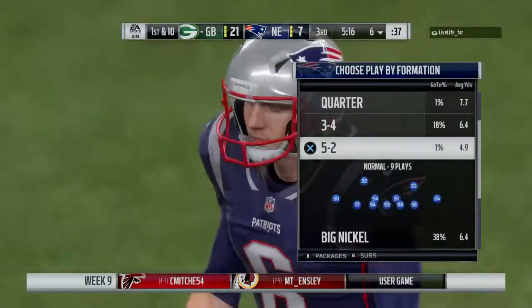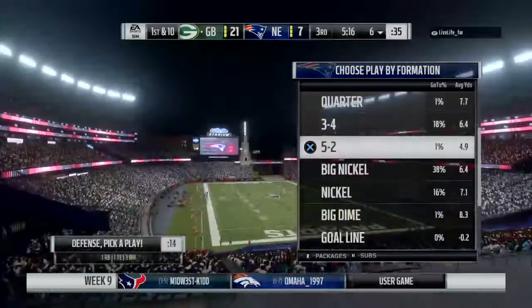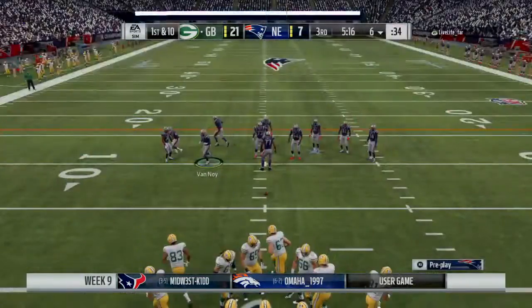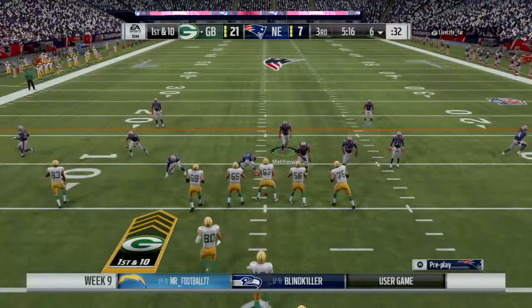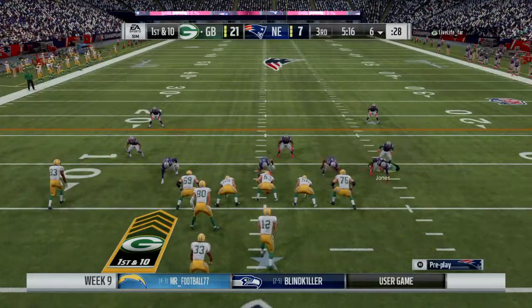So here are the Packers now. They get set for their first possession of half number 2. This is sort of what you would call a put-away drive, isn't it? They score here, especially a touchdown, it's almost out of reach. It certainly feels that way, and I think that they're going to call their plays accordingly because what you really